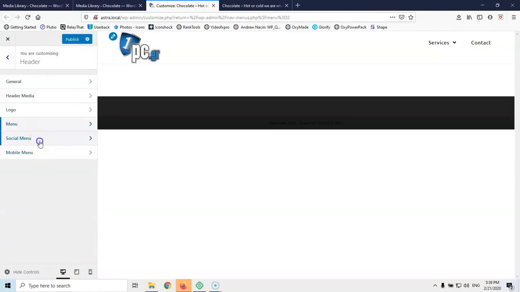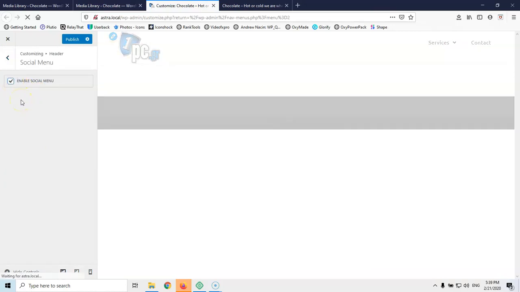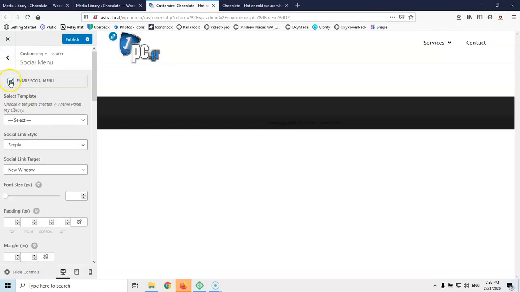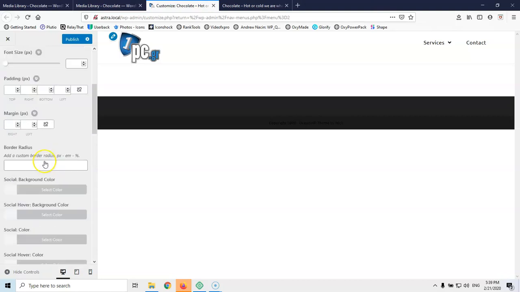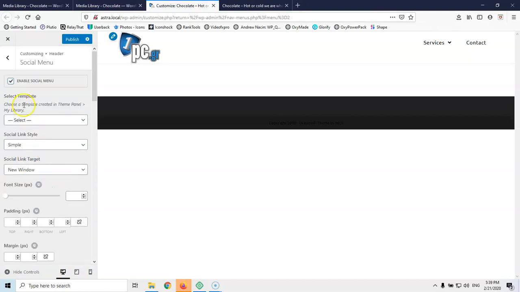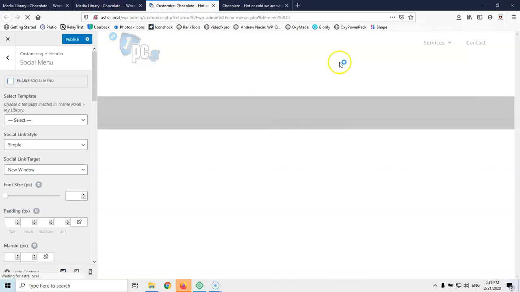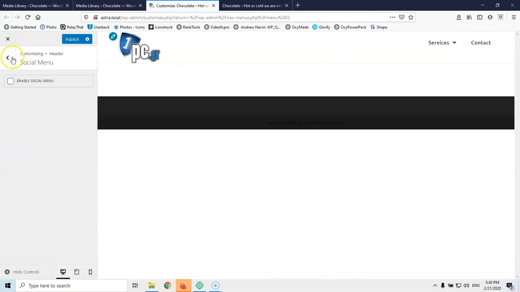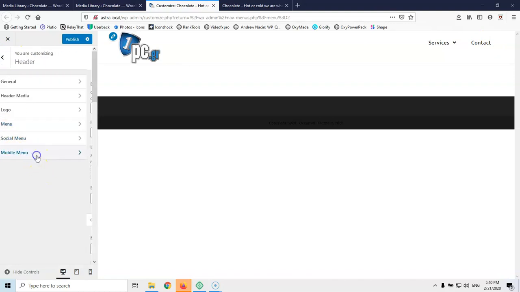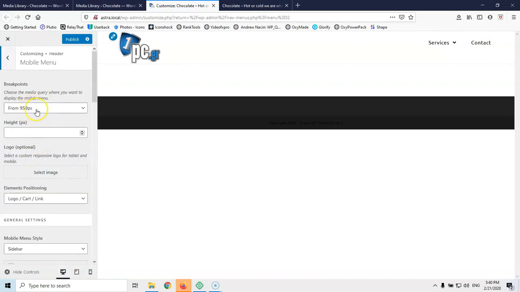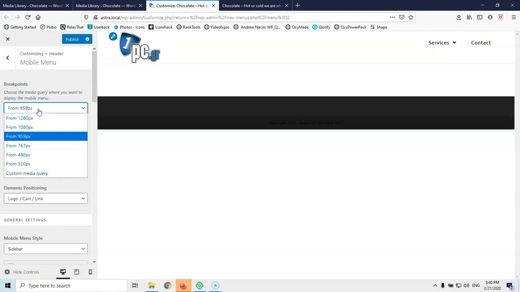After that, we can go for the social menu, and I can enable it and have some icons inside there, but I don't want to, so I'm not going to add any of those, so I'm going to remove it again. And the menu will go back to its place, okay, and then we have the mobile menu, and here it says where the breakpoint is,